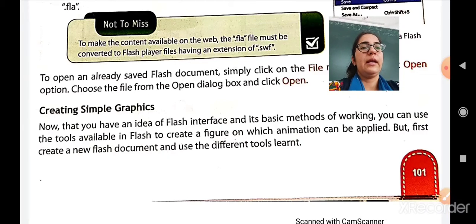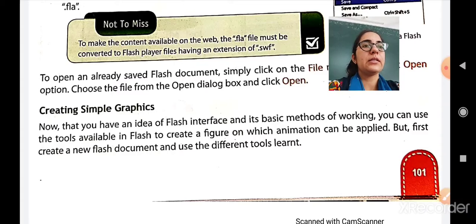But first, create a new Flash document, and then only you can use the different tools which you have already learned. So first you have to open or create a blank Flash document, and then only inside it you can create anything.